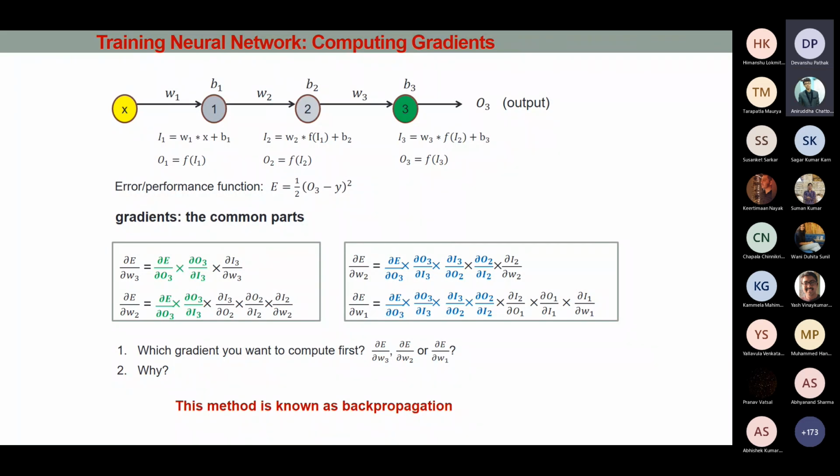Like if you put in n equals 0, so we have just the input and the output nodes, then that will be del E by del W3. So if you put n equals 0, then 0 plus 2 is 2, 2 into 2, 4, minus 1, which is 3. And we have 3 derivatives for del E by del W3. Similarly, it's satisfying for del E by del W2 when we put n equals 1. And when we put n equals 2, it is satisfying for del E by del W1.